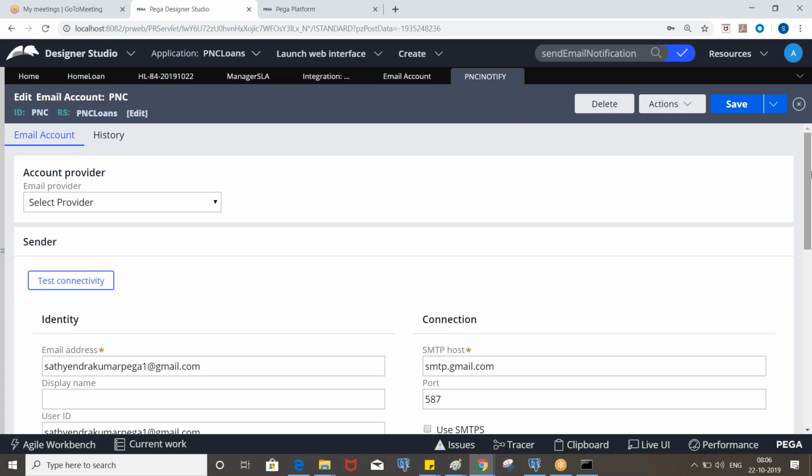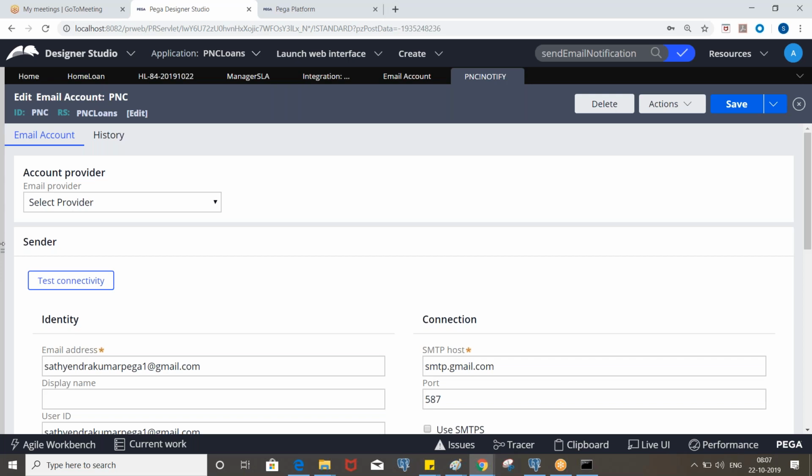But if you have a flow and you want to send an email, you can use the send email. Internally, that send email flow shape also has the same logic. We need to pass the mandatory parameters, and when it reaches that step, that shape in the flow, it will send an email.